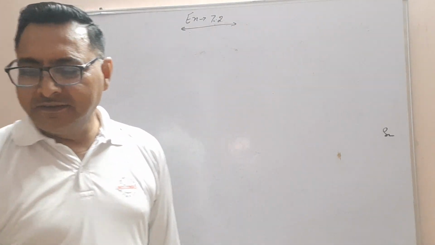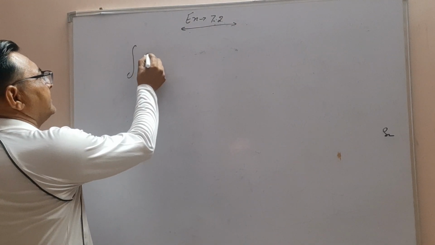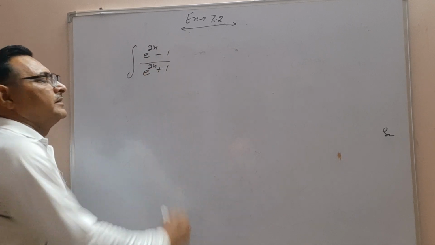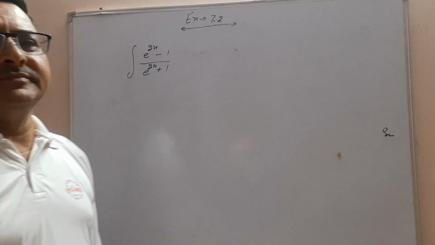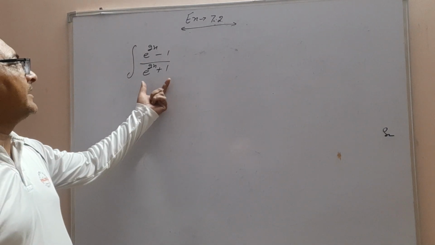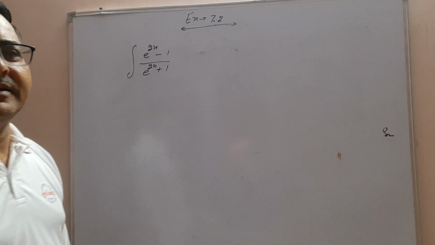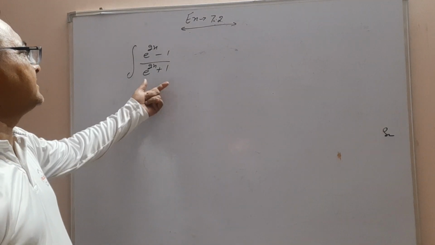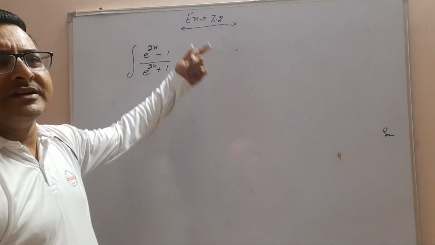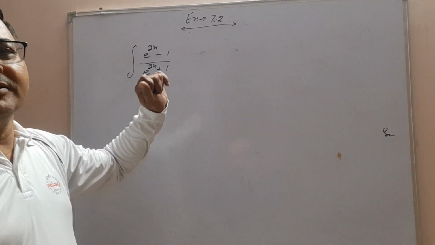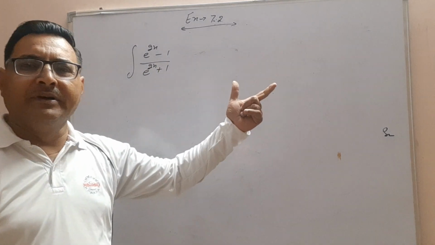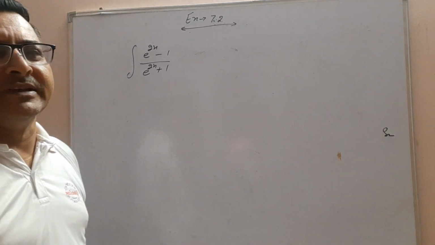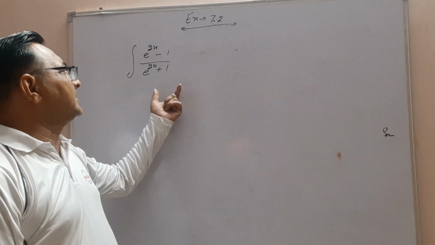The first question is: integrate (e^(2x) - 1) upon (e^(2x) + 1). Here in this question there is no function whose derivative is in the numerator or numerator's derivative in the denominator. We can't put any function to the third variable because in this exercise we are doing the questions by substitution method. So what we will do in this type of questions,